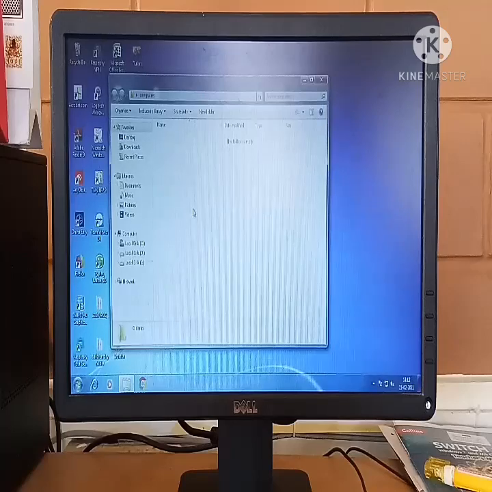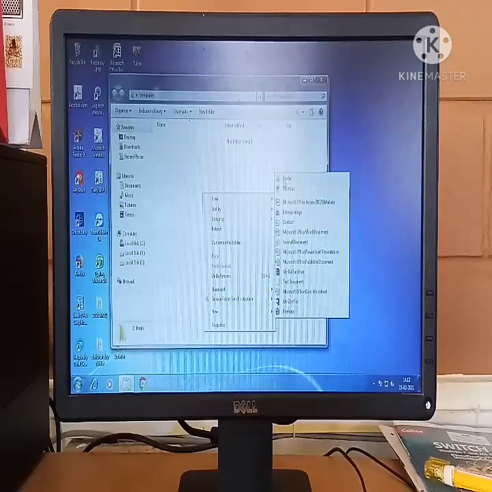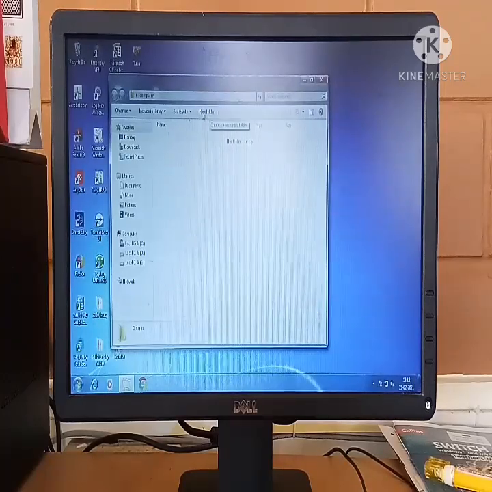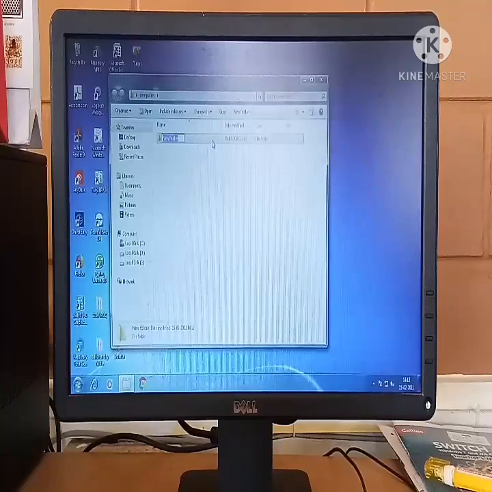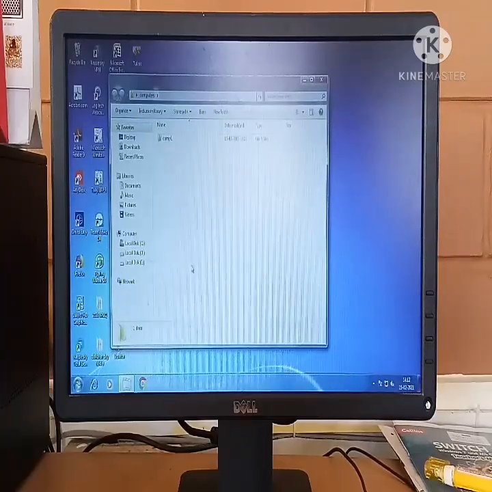Now I will again right click, click on new and click on folder to create a subfolder, or there is one more method. Here you can see the option new folder. Click on the new folder option, which gives you a folder there. Let me give the name comp1. Click outside. So there is one more folder here now.